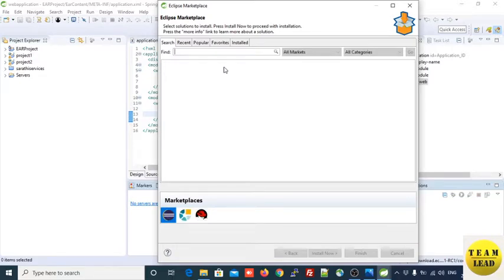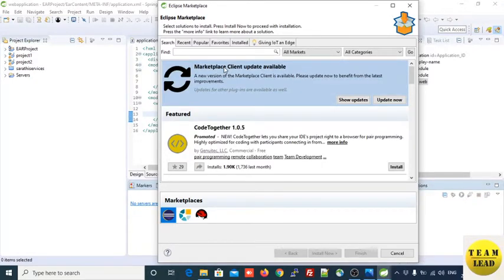WebLogic server or any other server that you want to integrate with your Eclipse IDE, you will find here. So just click on the Eclipse Marketplace, find WebLogic.